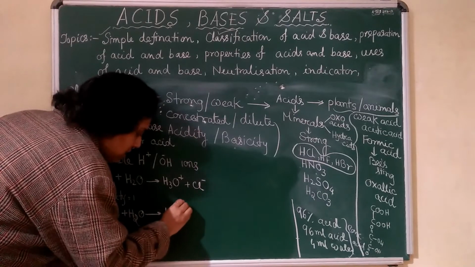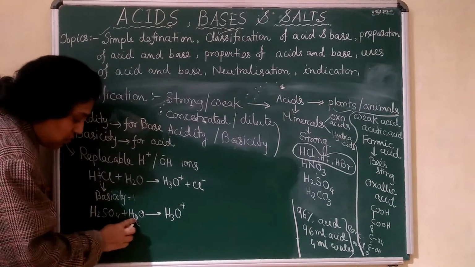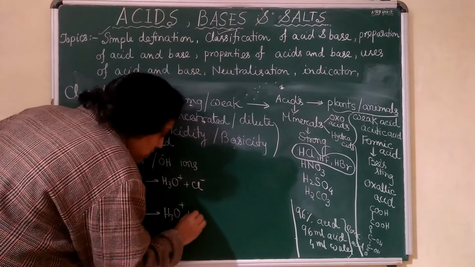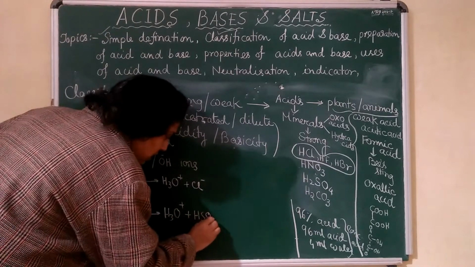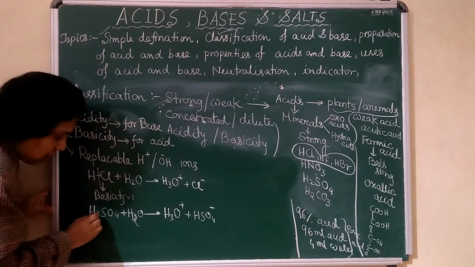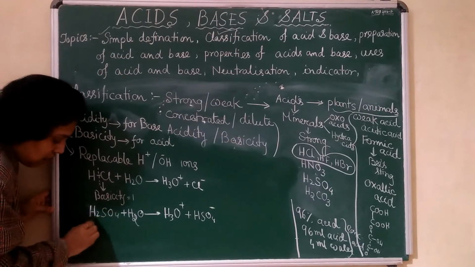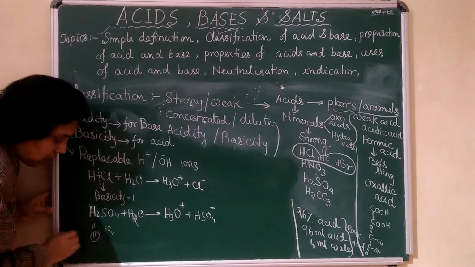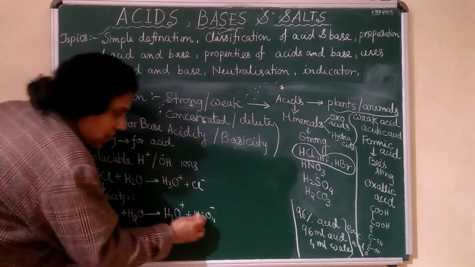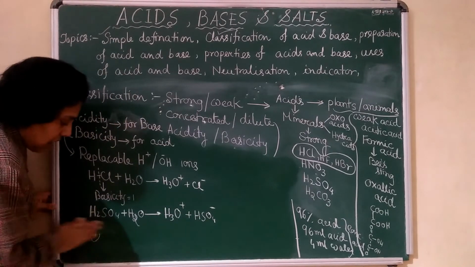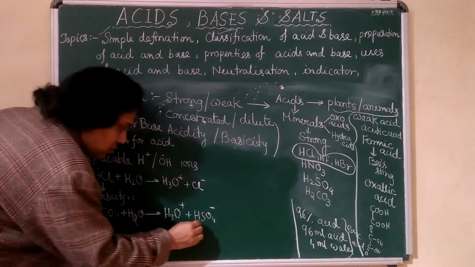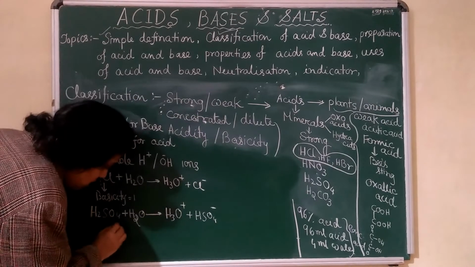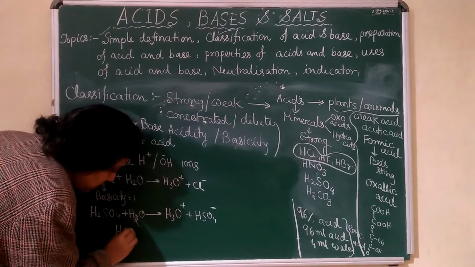H3O plus. एक हाइड्रोजन रिमूव हुआ, क्या रह जाता है? HSO4 आयन रह जाता है. देखो HSO4, तो ये H तो निकल गया, रह क्या गया? HSO4 आयन. Okay, again it will dissociate, because as long as H is there it will dissociate. So HSO4 again will dissociate